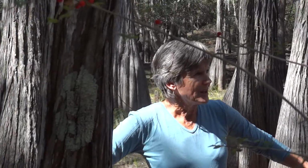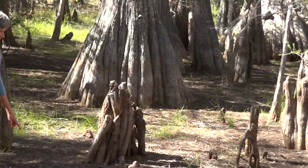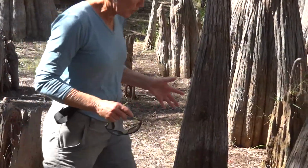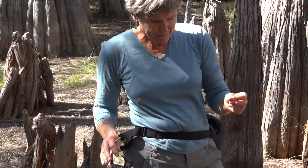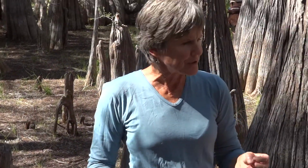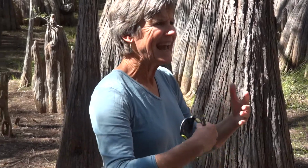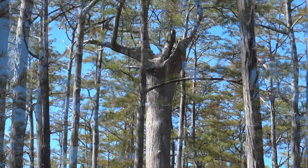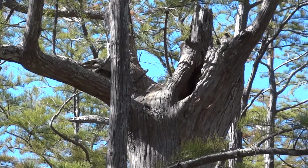Like pine trees, they have to develop a little more tolerance for close proximity fires. There's a lot of speculation about what these knees are actually doing. There does seem to be a consensus that they serve as anchors for the larger trees. But there's some theory, and they're still looking at it, about whether they do any kind of oxygen exchange, gas exchange between the knees and the mother trunk. So the main trunk gets to a certain point, and then it almost flattens out a little bit, and that again is another